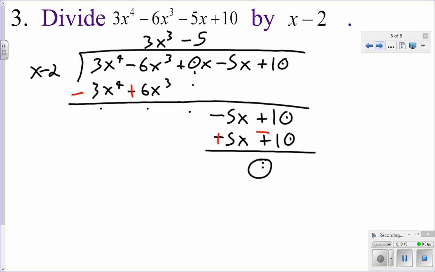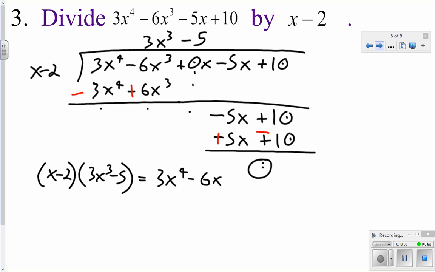This is really powerful because that tells me, therefore, these are two factors. That if I do x minus 2 times the quantity 3x cubed minus 5, I'll get the fourth degree polynomial 3x to the fourth minus 6x cubed minus 5x plus 10. That's our